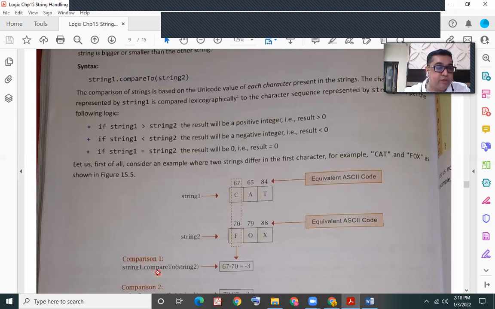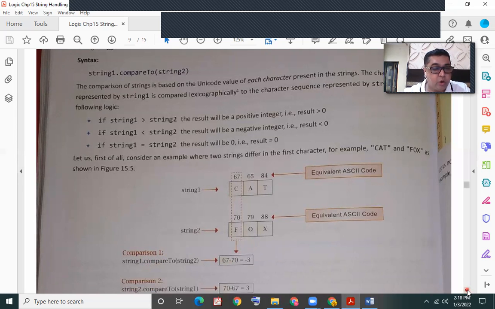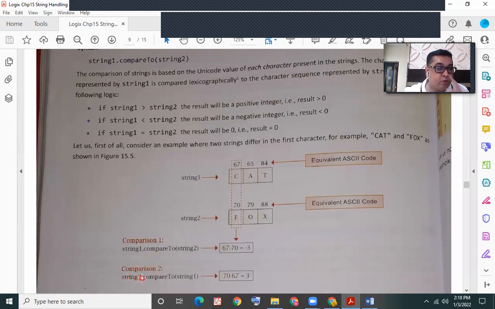If I call this method as string 2, put a dot operator, then write compareTo and give string 1 in brackets, the computer would do the deduction: 70, the ASCII code of F, minus 67, the ASCII code of C, and the difference we get would be positive 3.